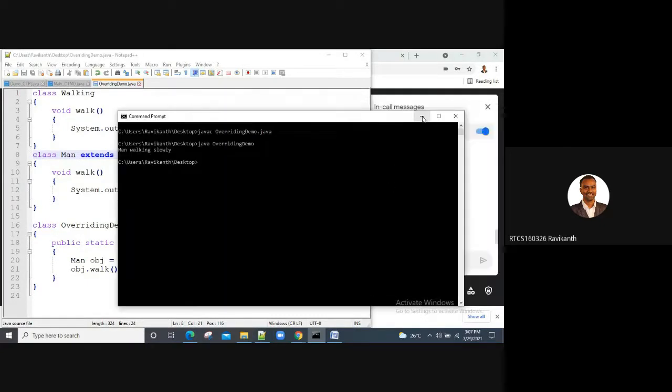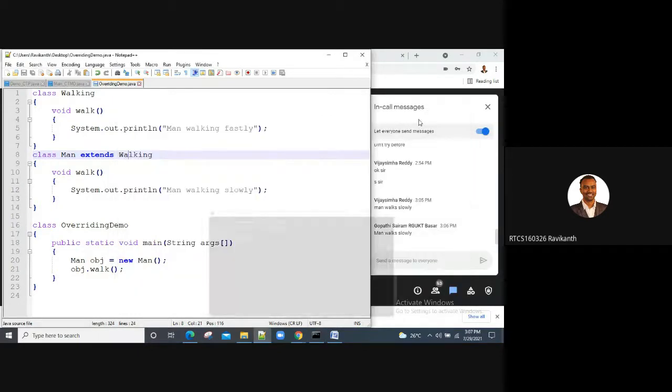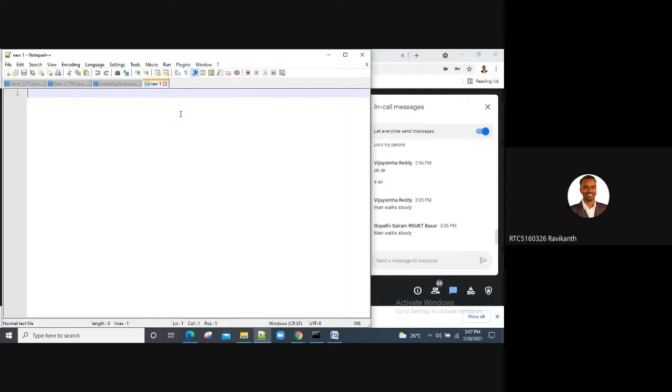Is that clear, guys? So tomorrow there could be a situation like this. I'll just take this example only. Class parent. As I said, parent is having a property, void property.